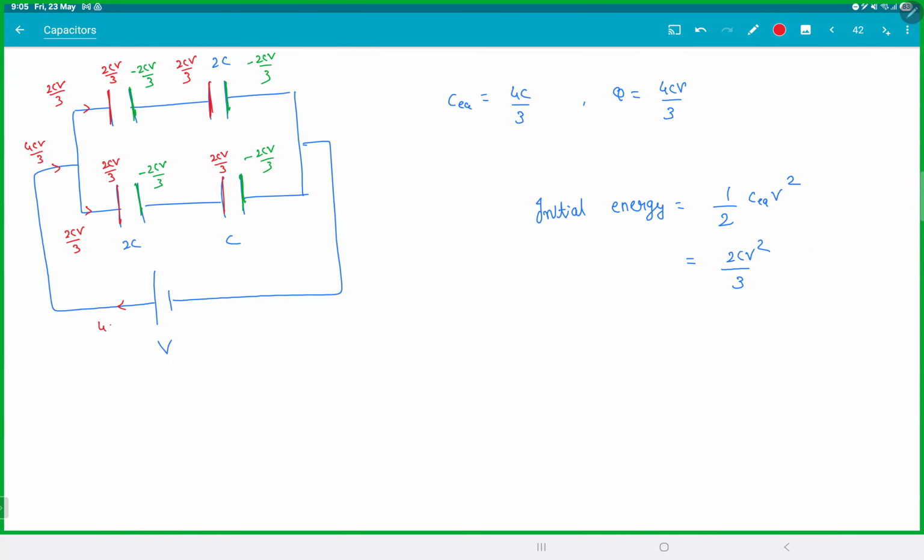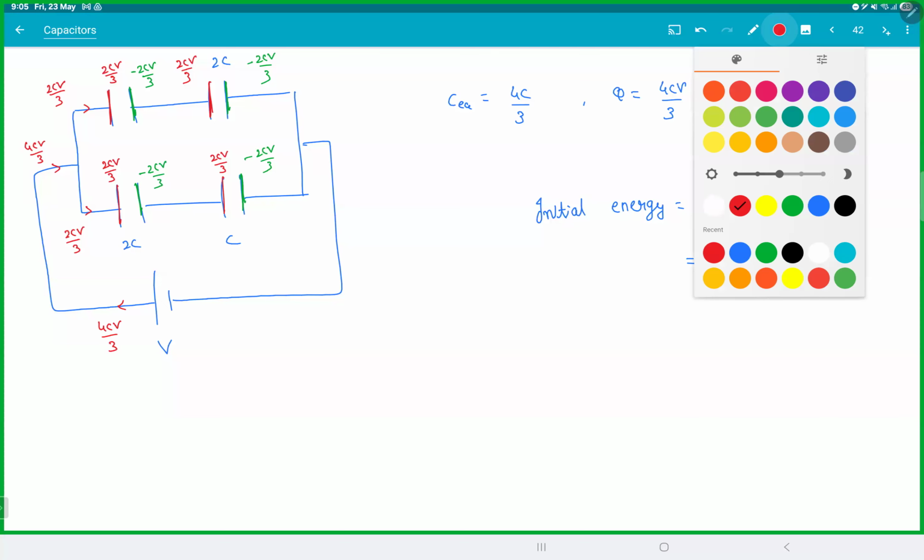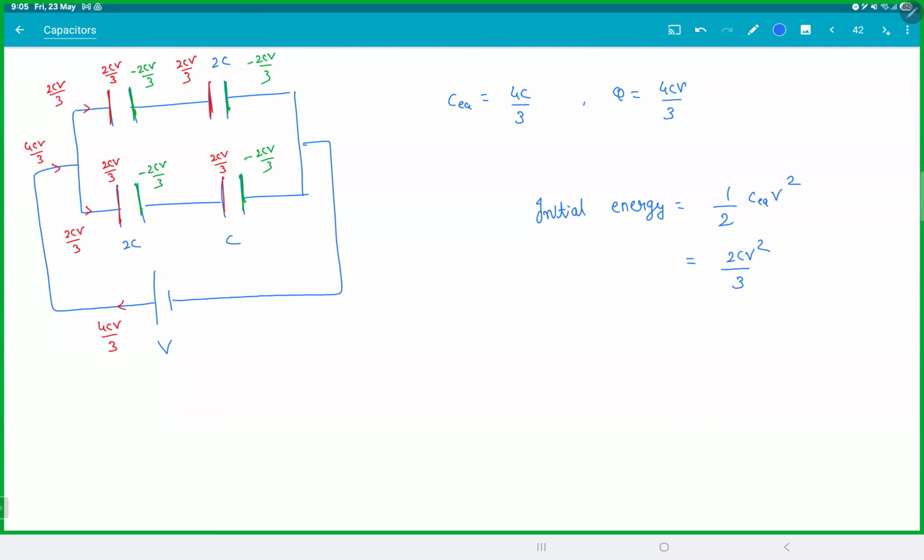And through the battery, 4CV by 3 charge flows. This is the situation when the switch is open. Now, if you close the switch,